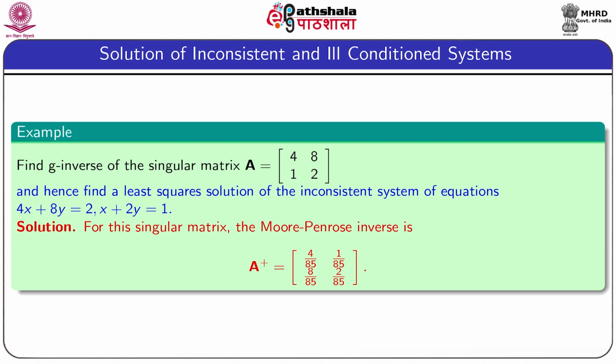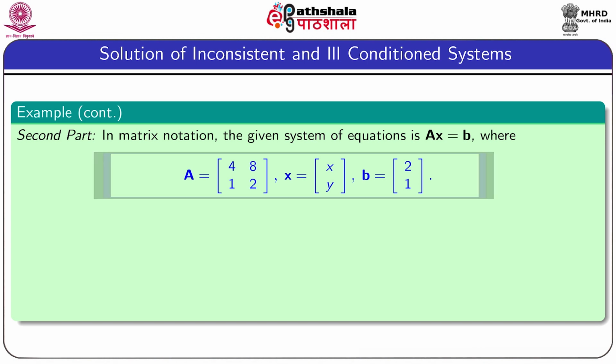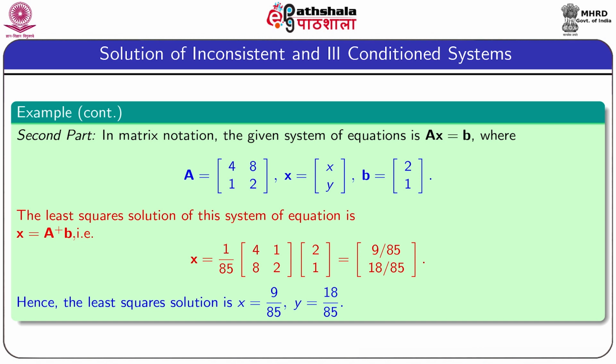For this singular matrix, the Moore-Penrose inverse is obtained as A plus equal to a 2 by 2 matrix whose first row is 4 by 85, 1 by 85, and second row is 8 by 85, 2 by 85. In this system of equations Ax equal to b, the coefficient matrix A equals 4, 8, 1, 2, the unknown vector x equals (x, y) and the right hand vector b equals (2, 1). The solution of this system, obviously the least square solution, is x equal to A plus b,